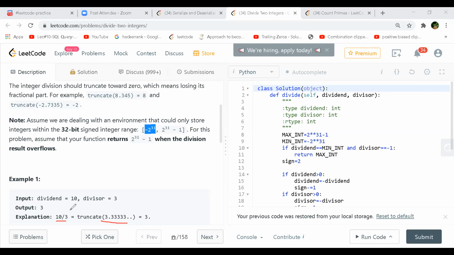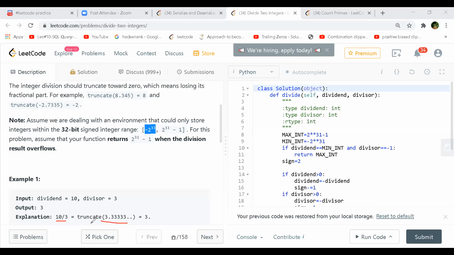No, but he's just representing that if you do it, you will have 3.33, the actual float value. Then you just truncate to the nearest integer, which will be 3. That will happen internally, right? While doing the algorithm, you'll never get a decimal remainder or quotient. That's correct. He's just trying to explain, so he's showing a quick, brief way to represent it, and he didn't want to write everything.